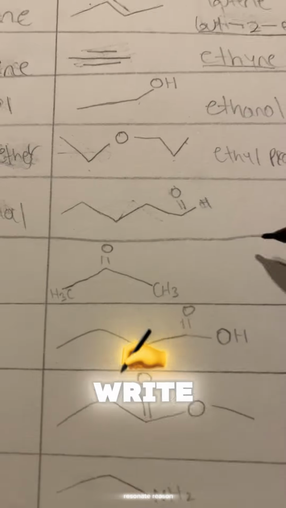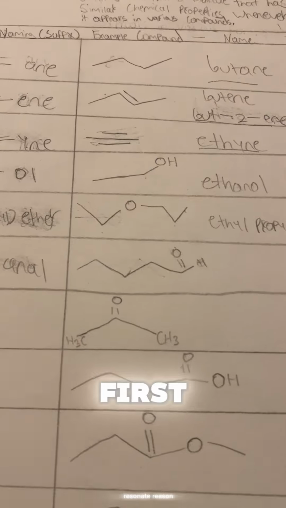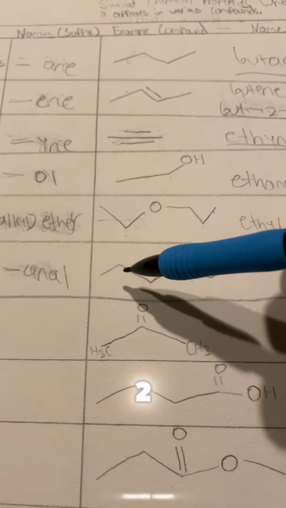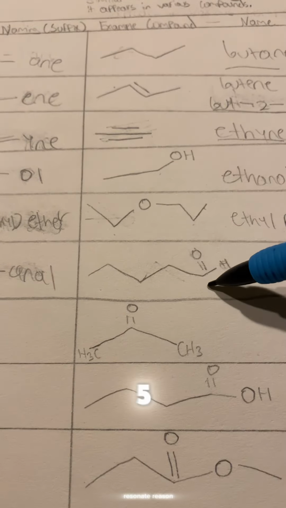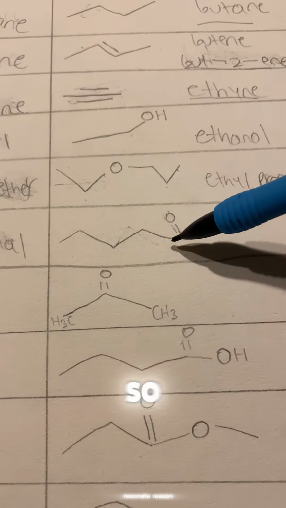So for an example of how to write this right here, first let's count the carbons. 1, 2, 3, 4, 5. That'd be 5. So the prefix for 5